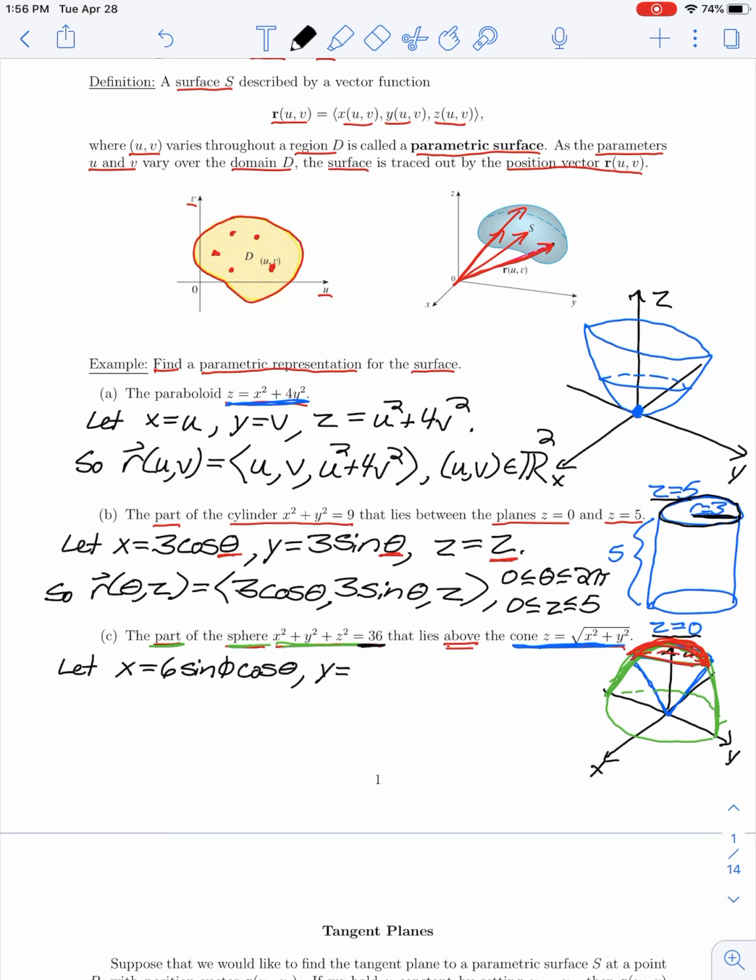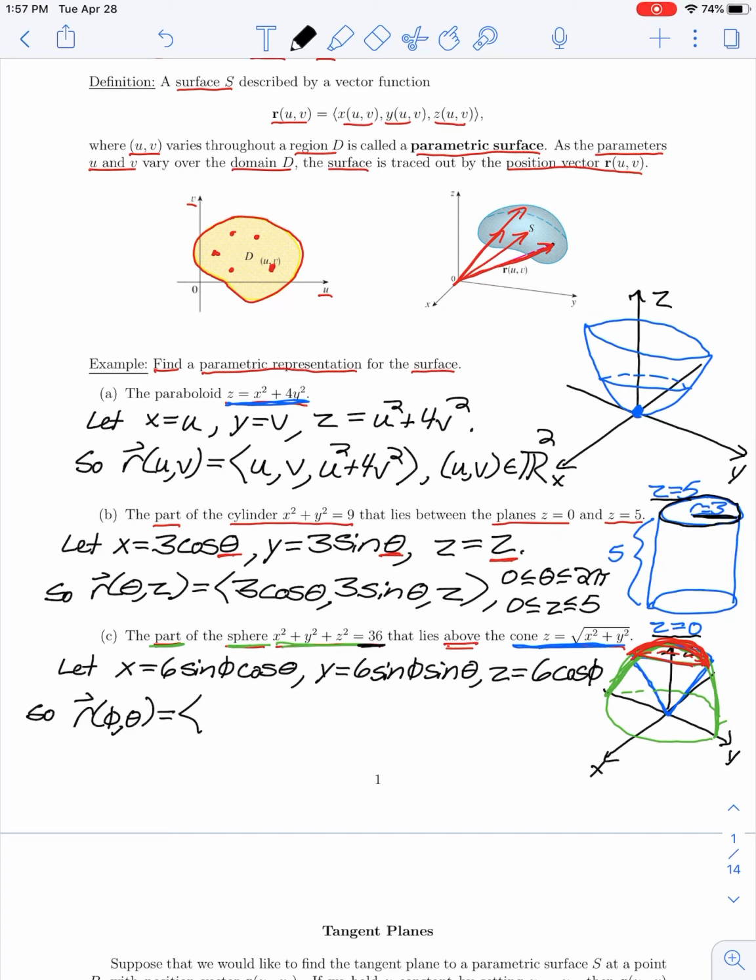Y, in terms of spherical coordinates, is rho, which in this case, for a sphere of radius 6, times sine of phi times sine of theta. And z, in terms of spherical coordinates, is given by rho, which is 6, times cosine of phi. So here, a parameterization for our surface, r, in terms of the parameters phi and theta,